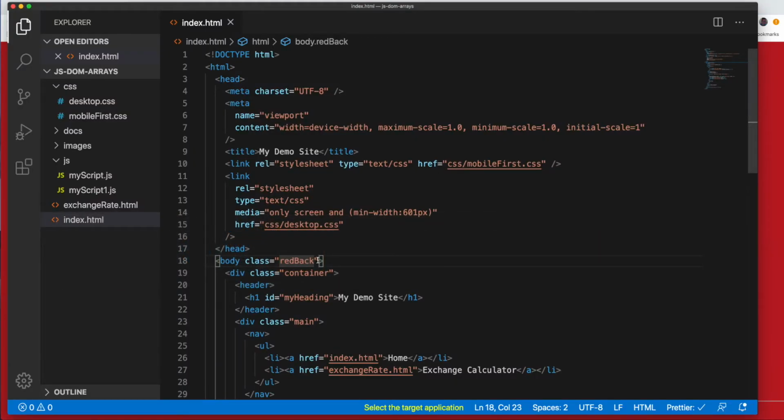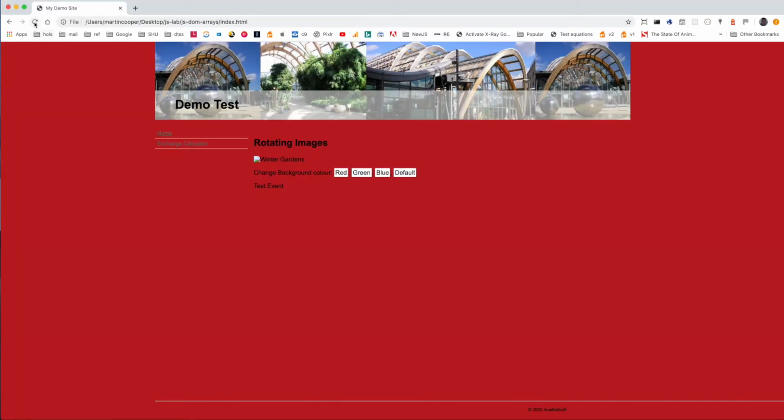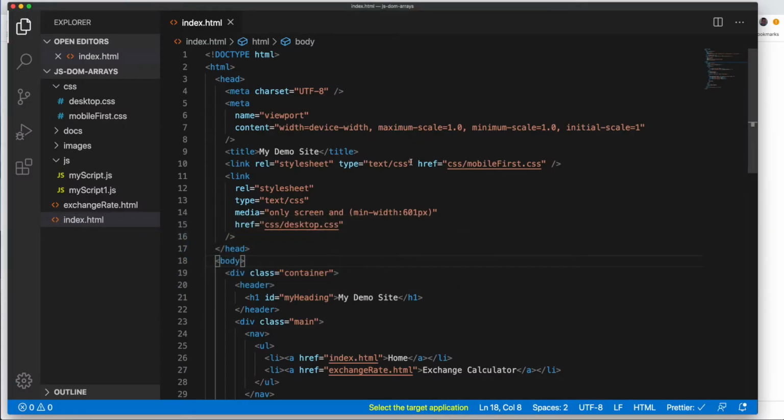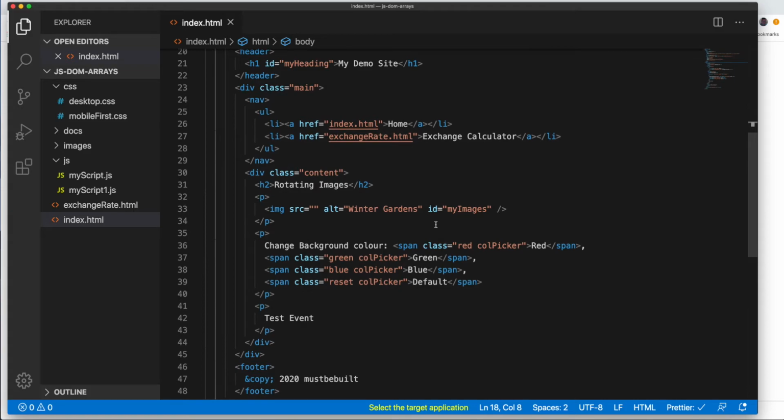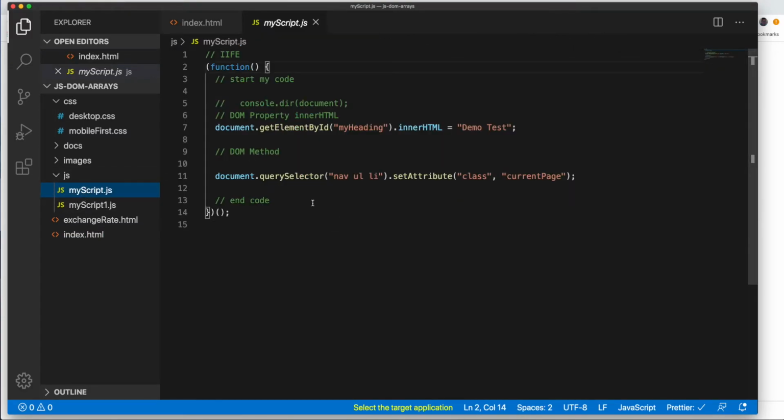Now I've just hard coded that. What we want to happen is that we want the JavaScript to make that happen automatically. So I'll just reset it. So what we're going to need is an event. So this first one, red, is a span tag here of class red. So what I could do in my JavaScript file, some code from the previous examples in there, is I could say